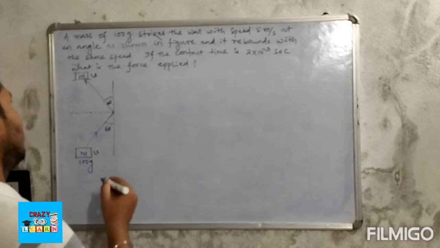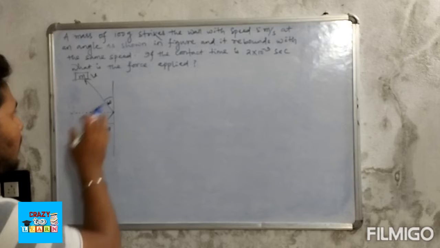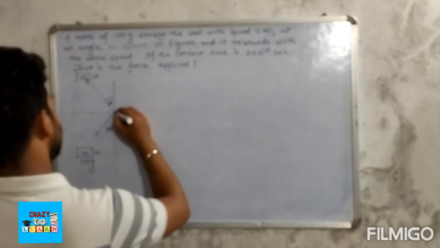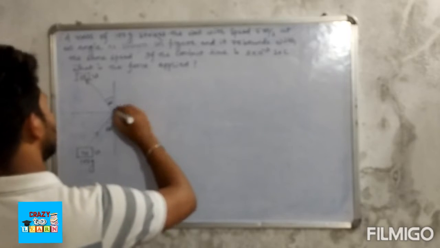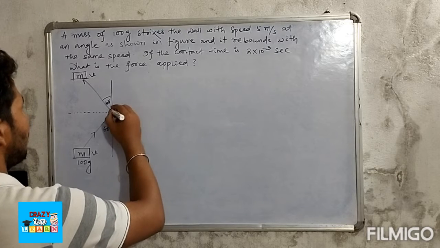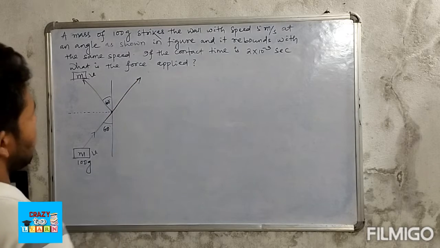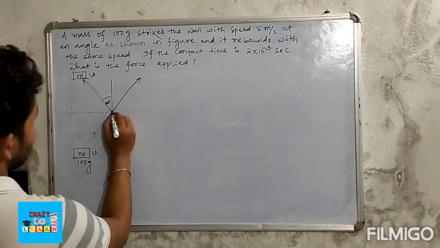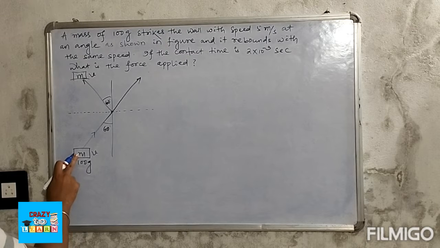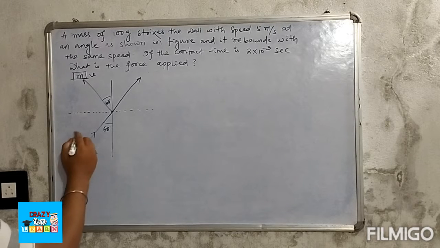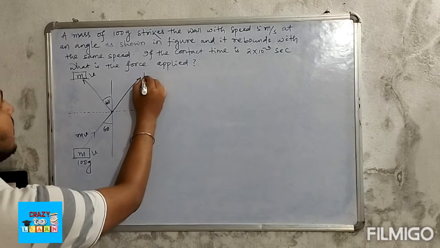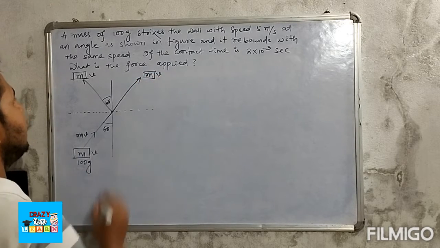So how will we solve it? How much force is applied here? It is asked to you to calculate. Just extend this vector. Here also vector resolution into two components will work. You have to know that one, otherwise you cannot solve this problem. Vector resolution into two components. If this vector has mass m and velocity v, the momentum is mv. Here also the mass is m and velocity is v.